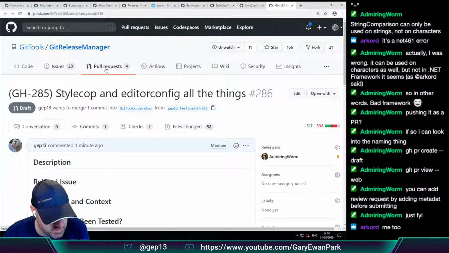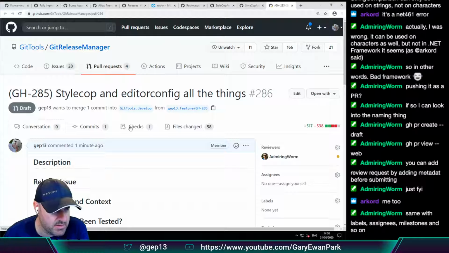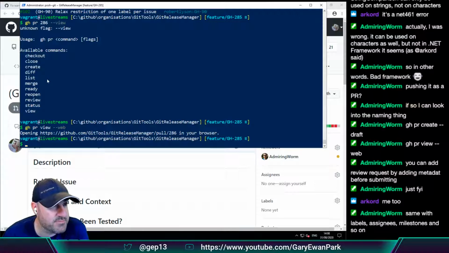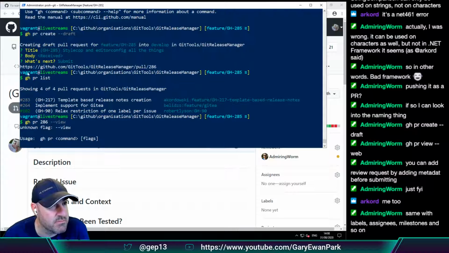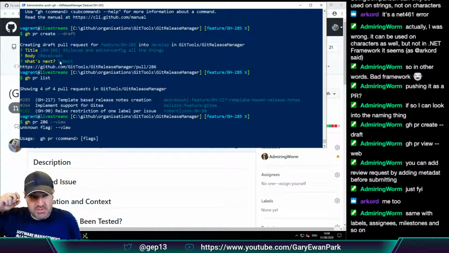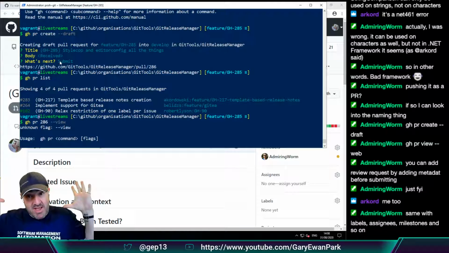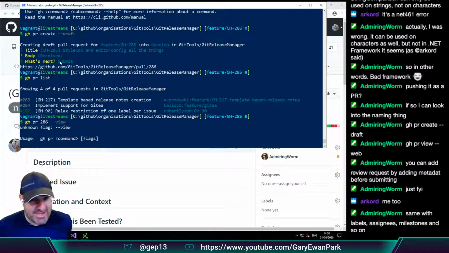you can add a review request by adding, oh really? So in that, I saw the option for meta. Interesting. See, it's better. And like I say, I was blown away when it did the, was it the issue creation or the PR creation? It brought up the template, and you could fill in the template. That was otherworldly stuff. So no, this has been good. I've enjoyed it.